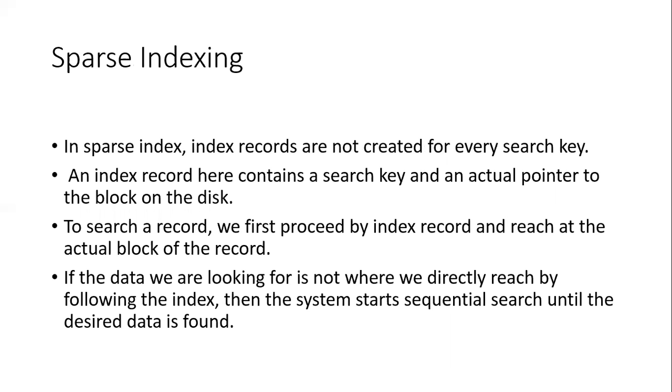Next one is the sparse indexing. On the basis of ordering, the second categorization of the indexing is the sparse indexing. In sparse indexing, there will be an entry corresponding to a set of records in a record file. Corresponding to a set of records of a record file, there will be a single entry in the index file. It means that corresponding to every record, there will be no entry